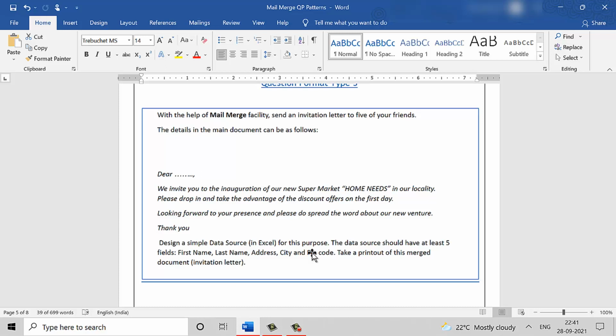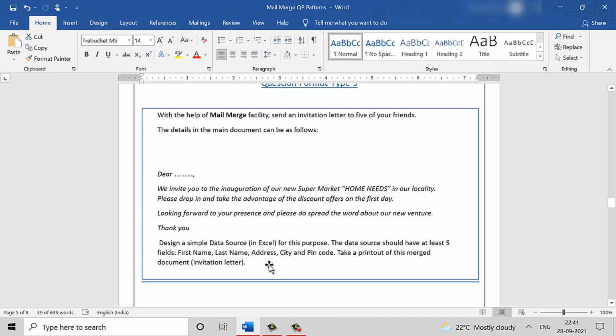So the expectation here is that the student would already know how to write a letter, but they've just given you a very small sample of how the letter can be. So we can use the same text available here, or we can just use this idea and build on it further to create a better letter.